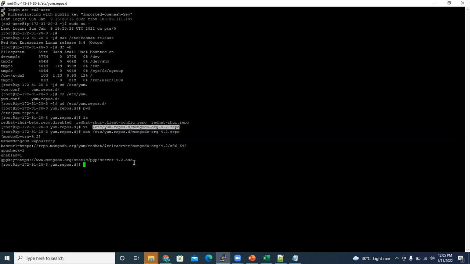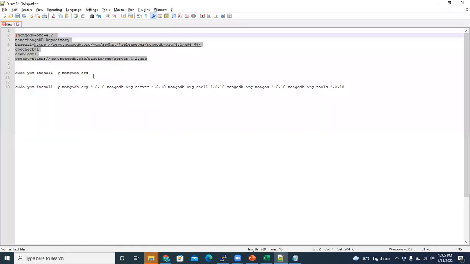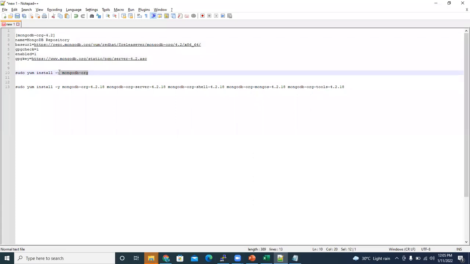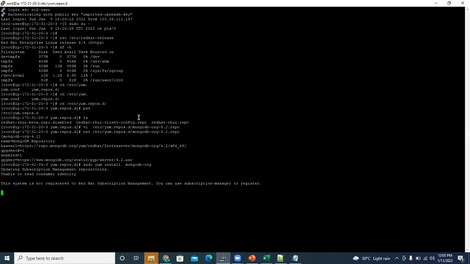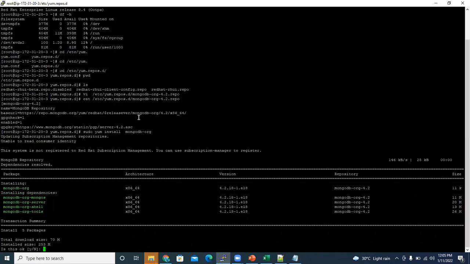So these are the contents of the file, and now I am installing the package: yum install mongodb-org. Okay, so it is telling us it is going to install version 4.2.18 of MongoDB.